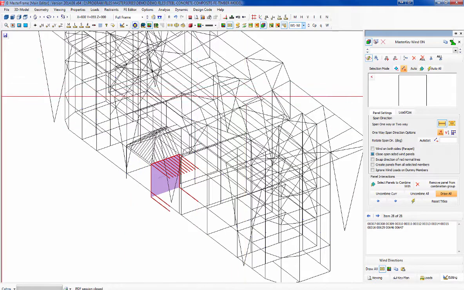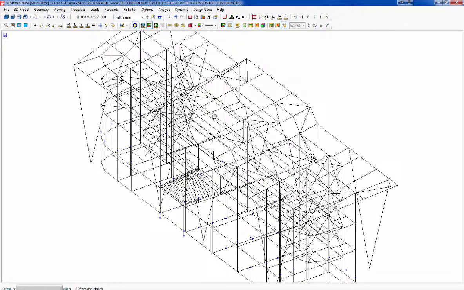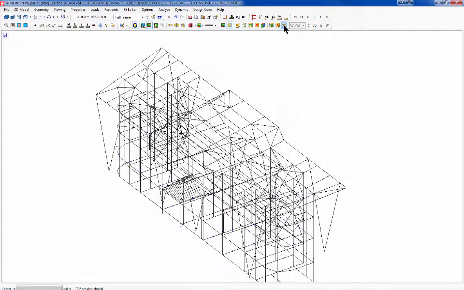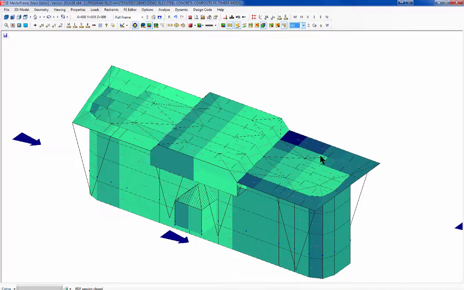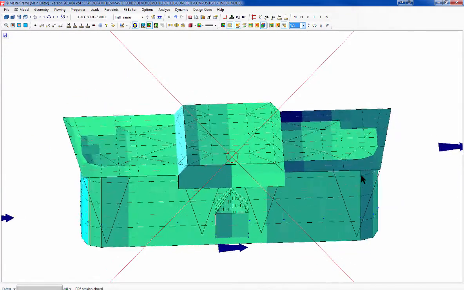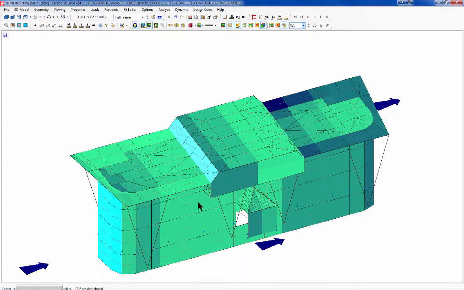Now add that with the fact that we've already told it directions you want to consider, and we end up with this fantastic system where we can see all the panels, and then we can see all the wind pressures on it. So we can see we're getting this high suction uplift on this panel. We're getting a bit of pressure here and a suction uplift. We're getting pressure here. Now I haven't finished this, so I will revert back to my previously saved model, which